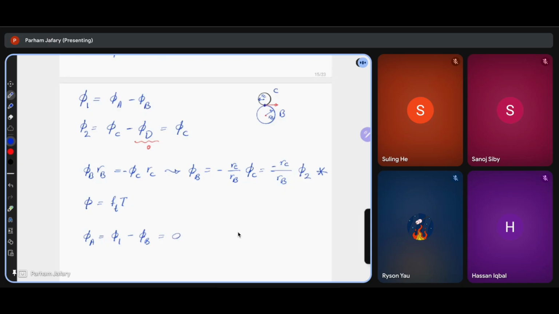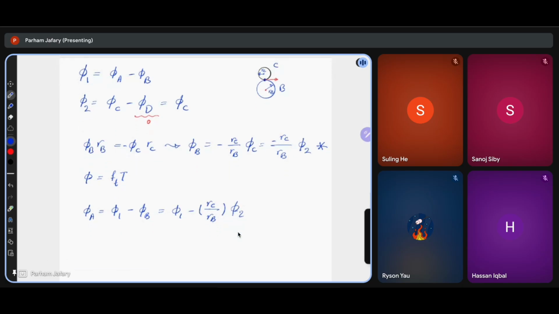So it will become phi 1 minus RC over RB times phi 2. Okay? Now, substituting phi 1 and phi 2 with their torque twist flexibility,